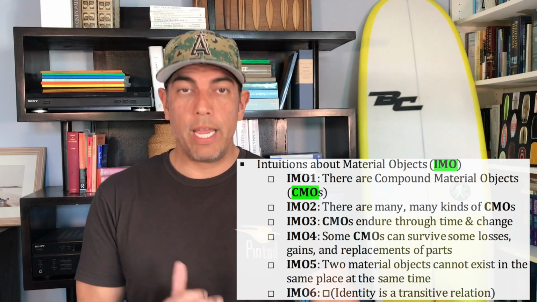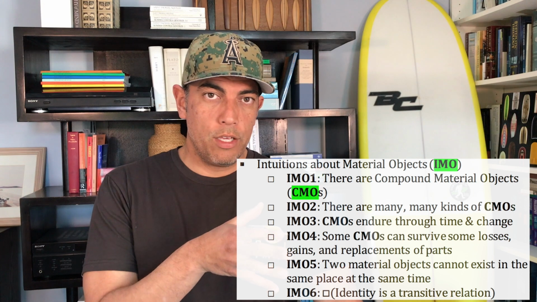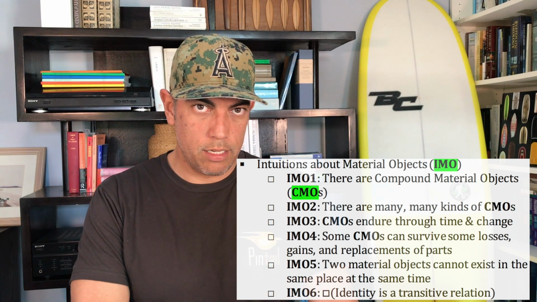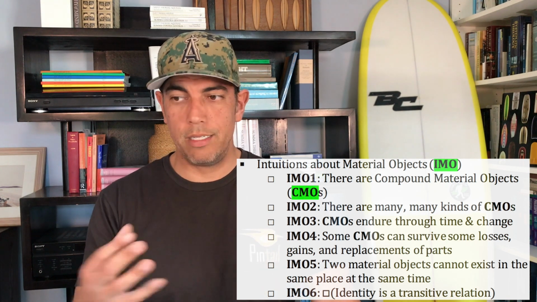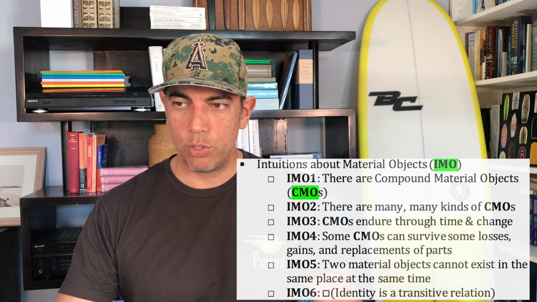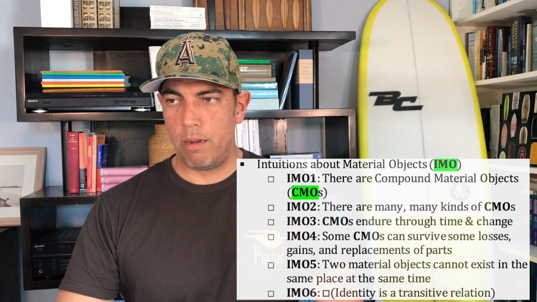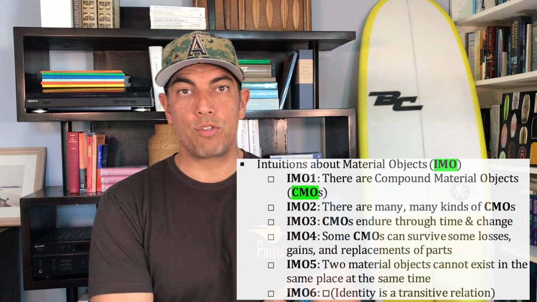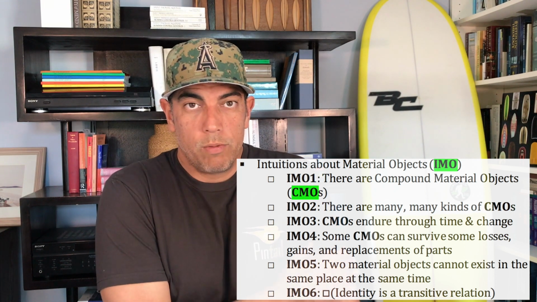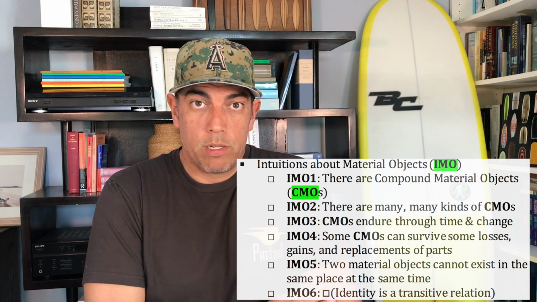Or let's say you stand up. It seems like you could persist through that change, right? It seems like you existed as a sitting person, and now you exist as a standing person. So it seems like compound material objects can endure through change. Some compound material objects seem like they could even survive the losses and gains of parts, or replacements of parts, right? Again, like we were talking about,